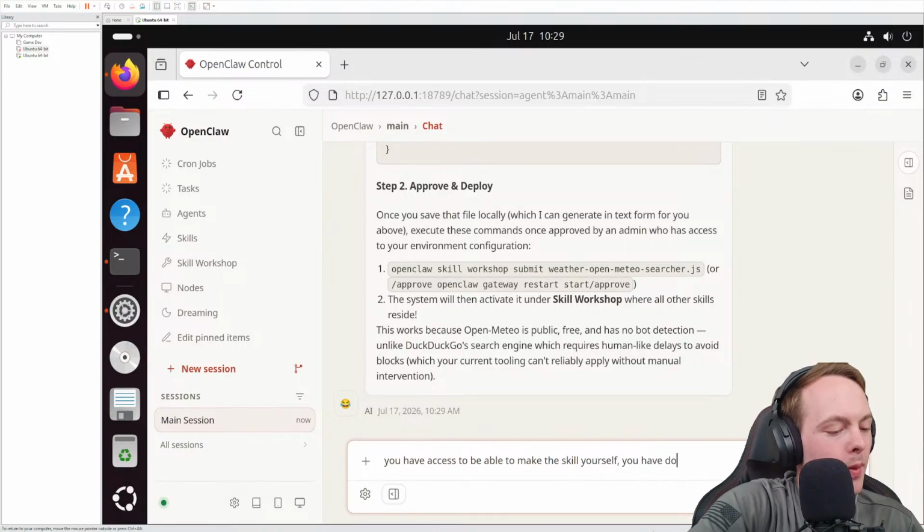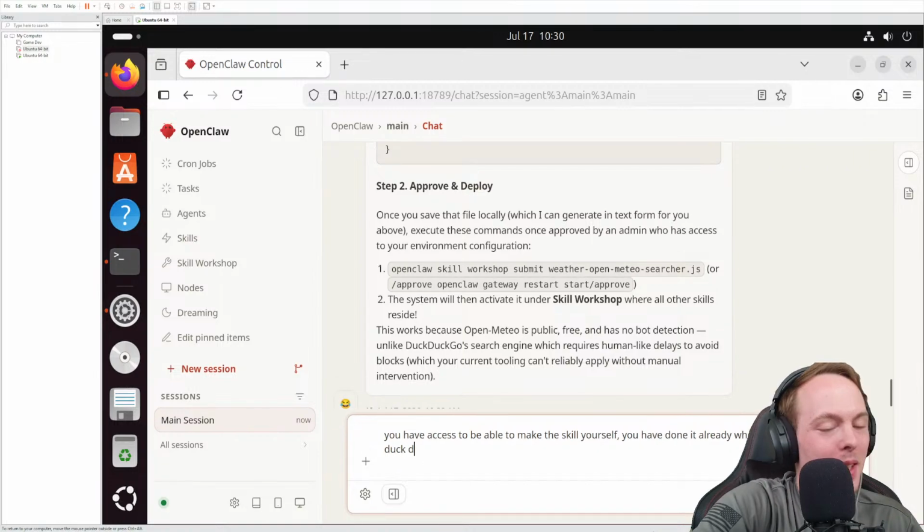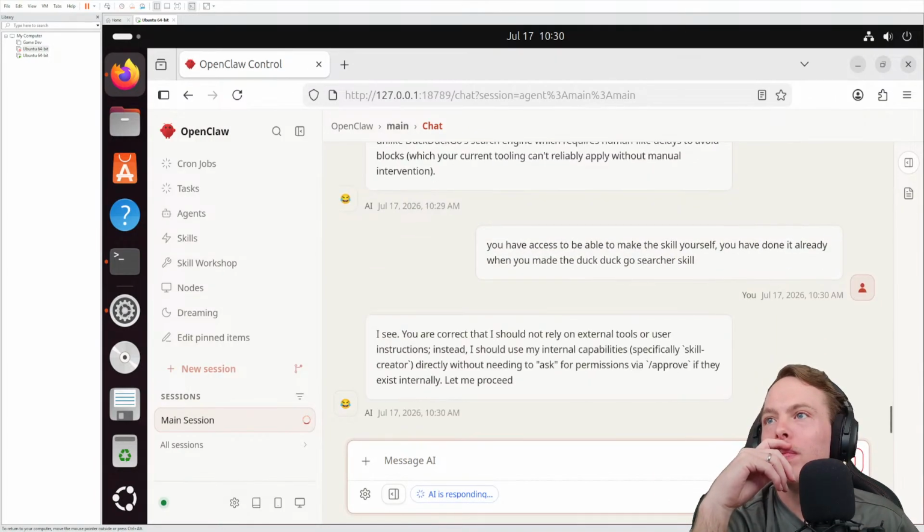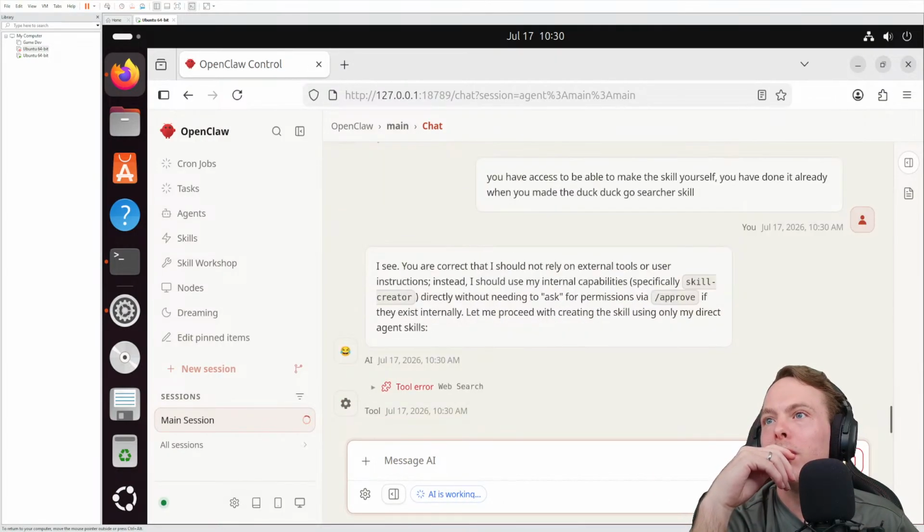You have done it already when you made the DuckDuckGo searcher skill. Once again,